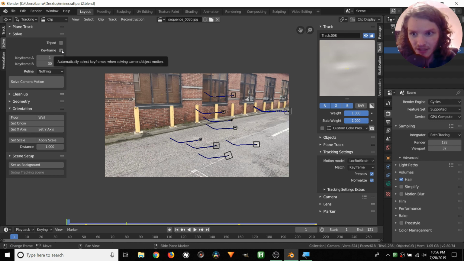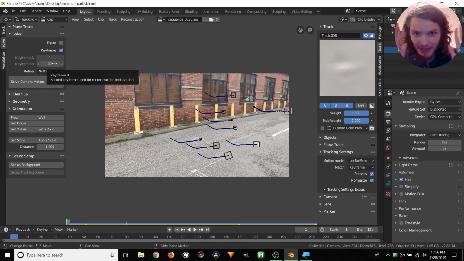We're going to enable keyframe. Again, the quick explanation for this is there's a keyframe A and a keyframe B, and basically you're defining 2 keyframes, or more so a range from A to B. That is what Blender is going to focus on for getting this camera solve. It's going to construct a camera solve, and then from there, once it gets it, it's going to extrapolate it to the rest of the footage that isn't inside A and B. So you can pick keyframe A and keyframe B, and good pairs give good solves, but oftentimes it's kind of hard to pick these, so we want Blender to automatically choose them.